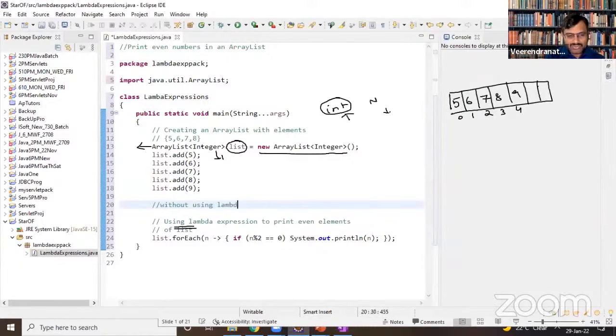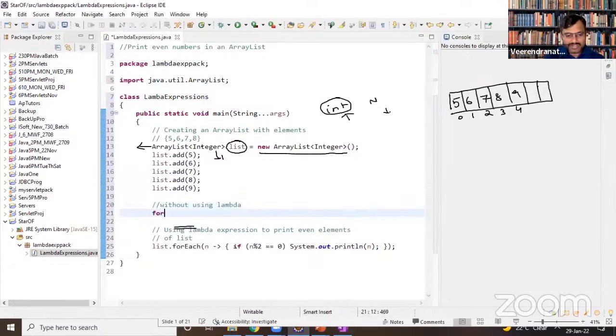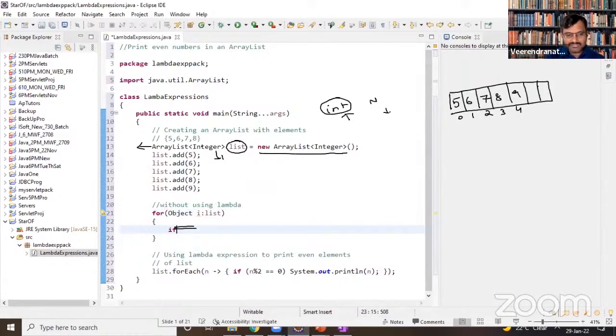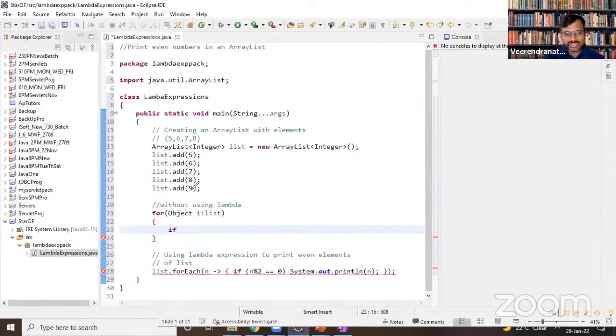So I can say for object. Why am I saying object? Because I can even say integer also. I'm using a for each loop so that I can match the content. So for i colon, the list of elements, and then I will say if, as it is an integer, you can also use int, not a problem.